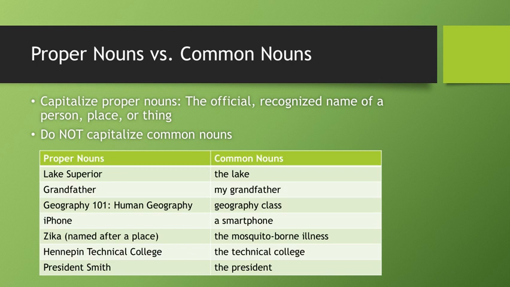The exception to that would be languages, so English, French, Latin, etc. If you have an English class, English is always capitalized because it is the name of a language, and that's somewhere along the line how we decided it was going to be. So the English class is always capitalized, English degree is capitalized, etc.